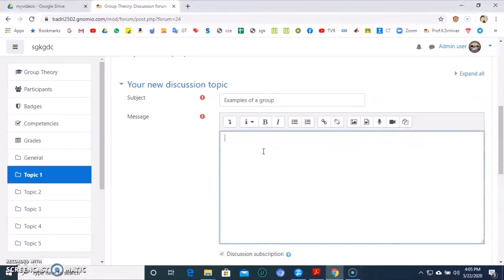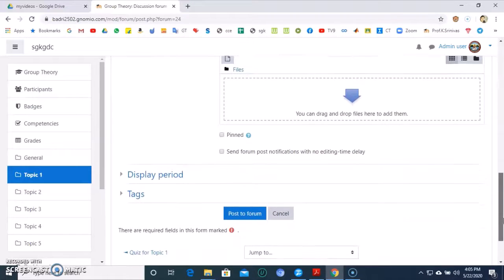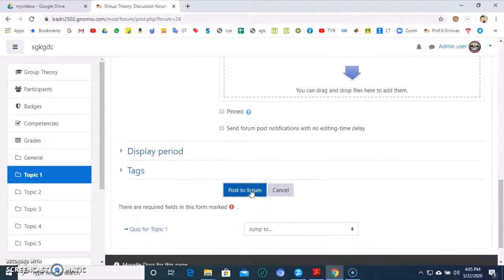Message: post the examples of a group which have not been discussed in topic 1. Okay, scroll down, then click on post to forum.